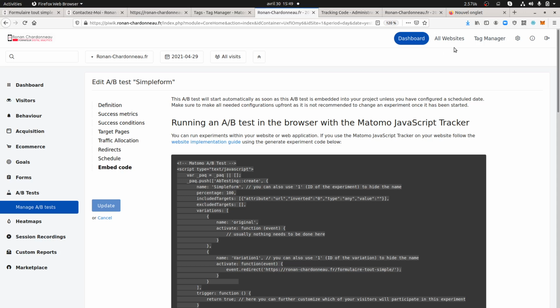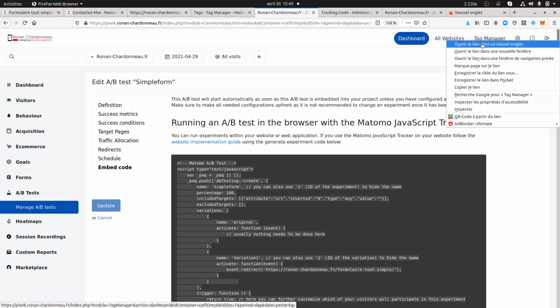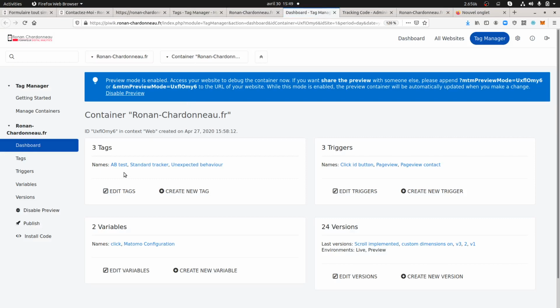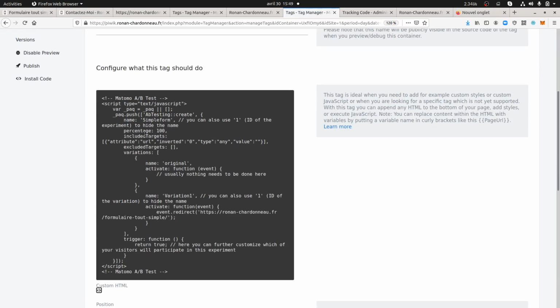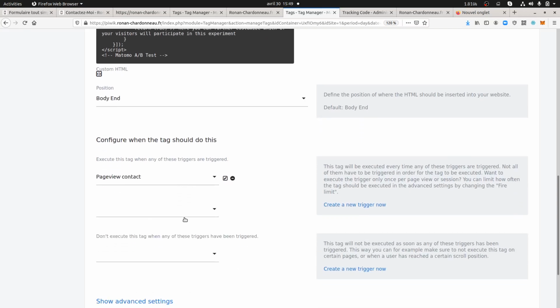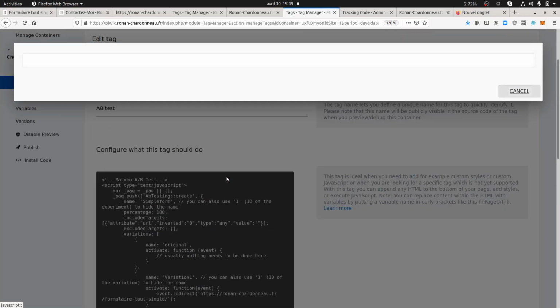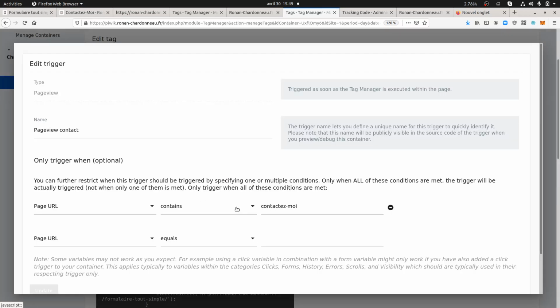The next step is going within the tag manager to create a custom HTML tag, and you just name it A/B test. I just copy and paste the same code that you were seeing before, and now you just need to decide what the condition is. In my case, it's when they reach the page name contact me.